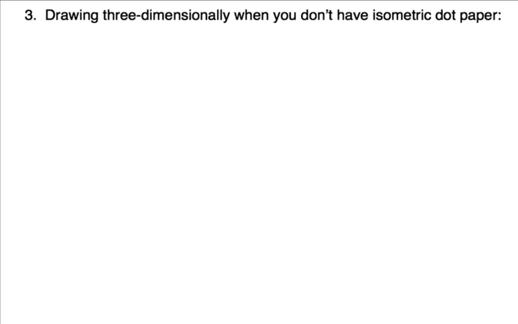So when you have isometric dot paper, it's easier to draw and have it actually turn out looking three-dimensional, but you're not always going to have that available. So here's some tips for when you have a problem where you need to draw, but no dot paper. If you want to draw, for example, a rectangular prism, a good step is to first draw the front face,